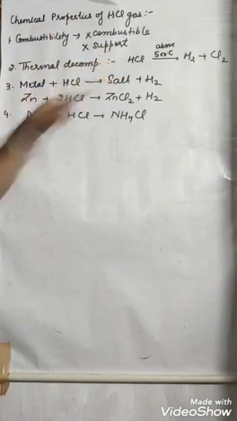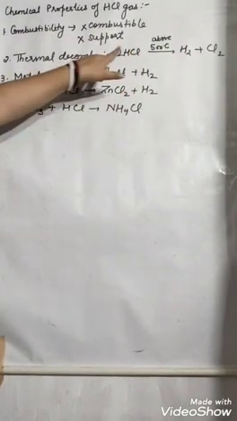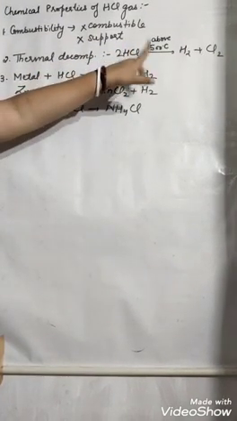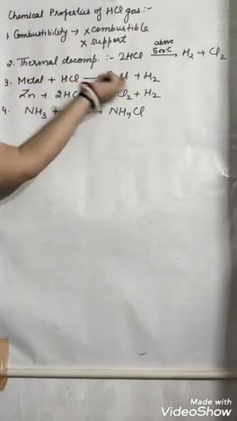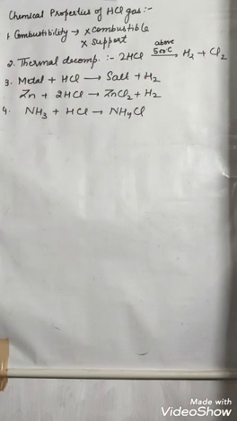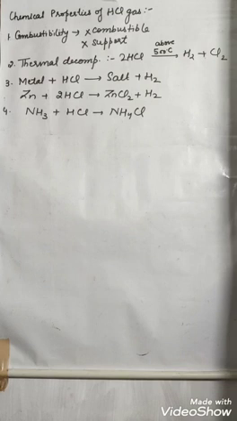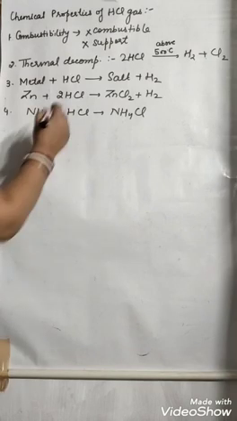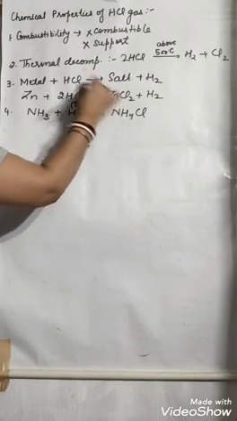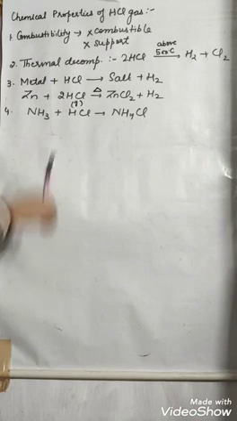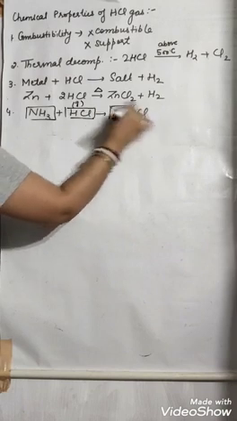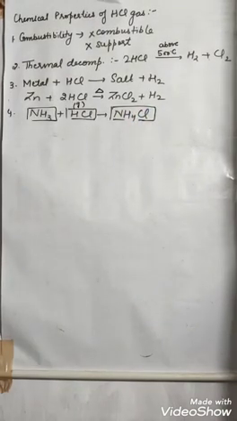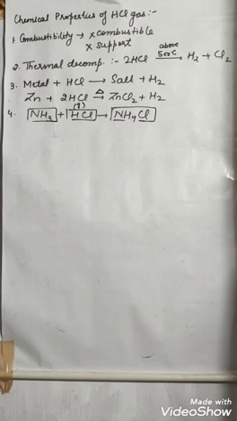Thermal decomposition, so when we will pass above 500 degrees Celsius of temperature to HCl gas, it will break down into hydrogen and chlorine. Metal, when reacts with HCl, salt and hydrogen will form, but it is only possible with the metals that are placed above hydrogen. And second, this reaction will carry out if it is a gas. So this reaction will carry out only when we will heat it. Alright. Next, when ammonia reacts with HCl, so dense white fumes of NH4Cl is going to form. These are only 4 properties of HCl gas.